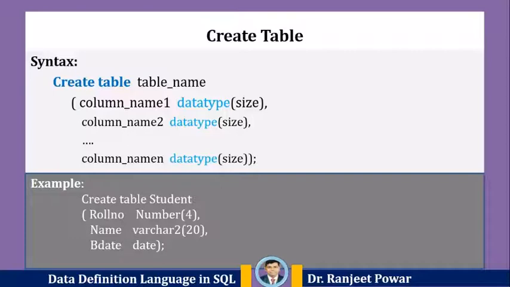In an example, the create command will create a new table with the name student in the current database with 3 columns, namely roll number, name and birth date, where the column roll number will only store integer type data, name will hold up to 20 characters and birth date will store date values. So likewise, you can create tables in a database and use them to store data.